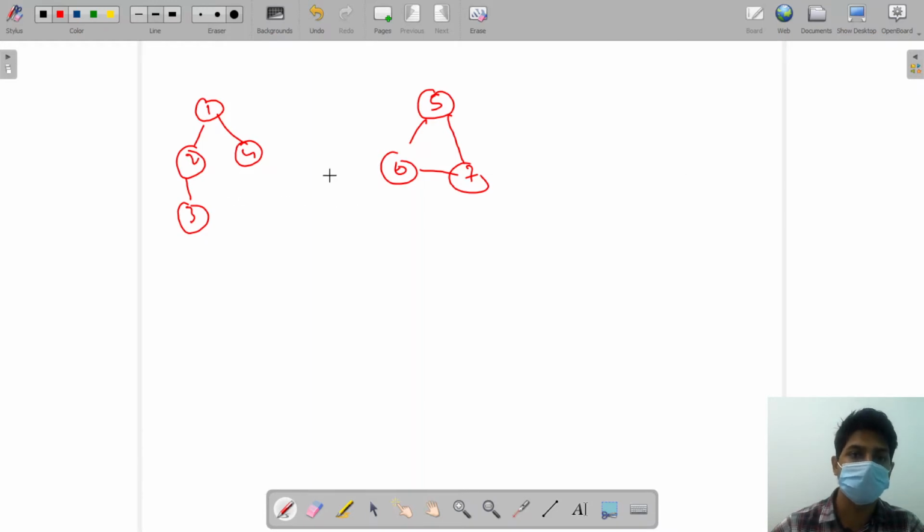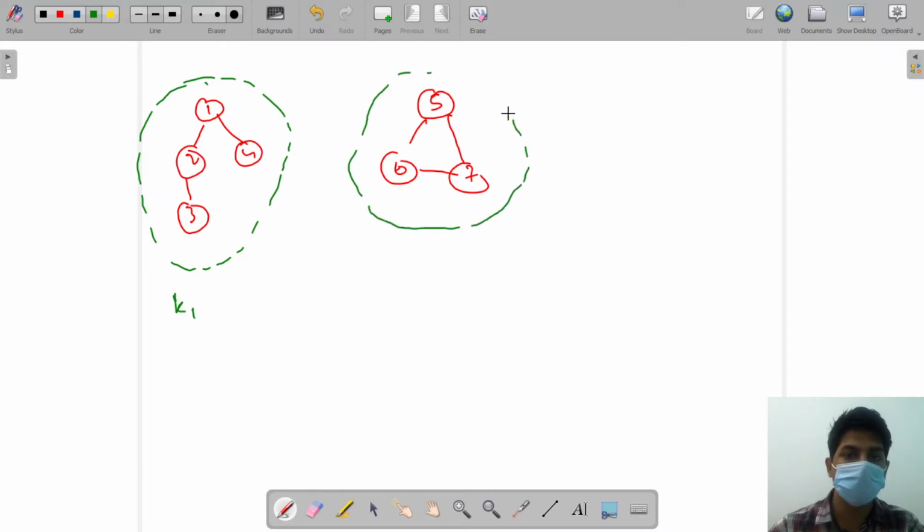Then we will be asked in how many ways can we choose two students. If we see all of these groups of students, this particular one are connected to each other. So these are belonging to one group. Let's name it as K1. And this group of students are connected to each other and they are belonging to a different group. Let's name it as K2. Now we have to find the number of ways in which we can choose two students belonging to these two groups, or more than two groups can also be there. But the idea will be the same.